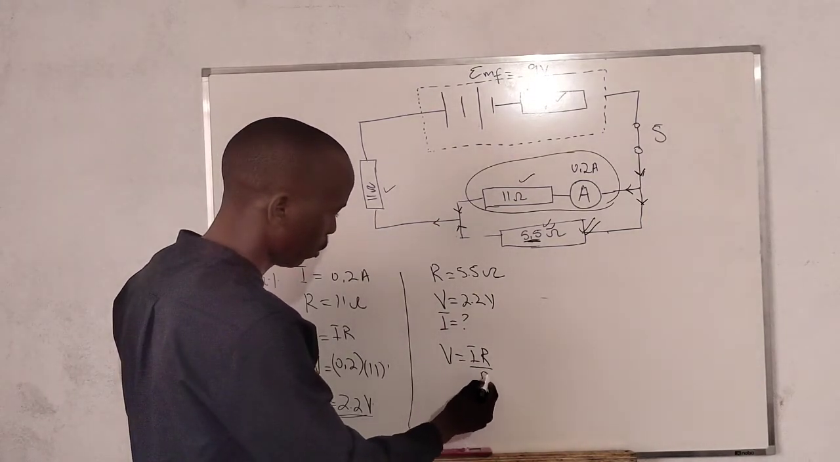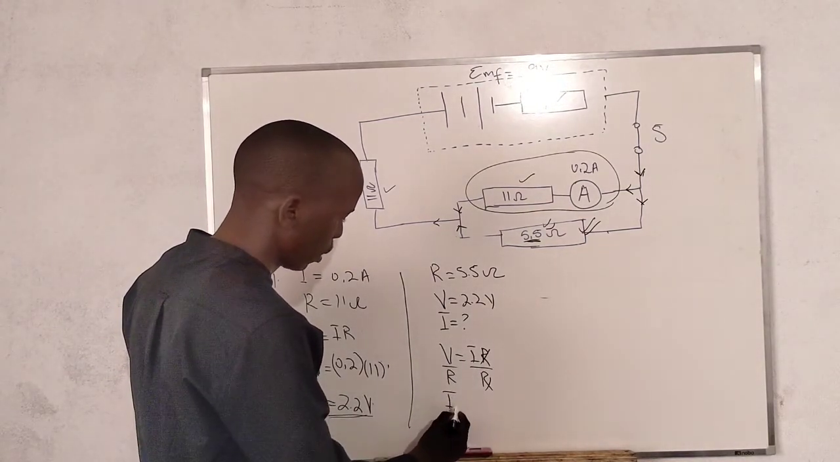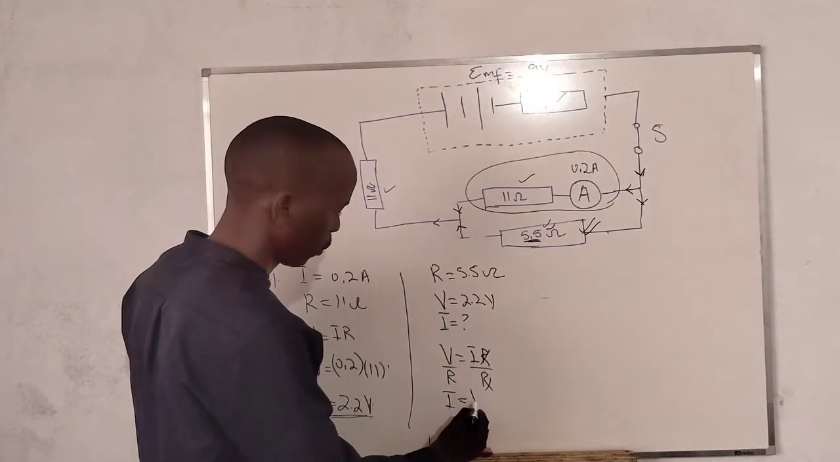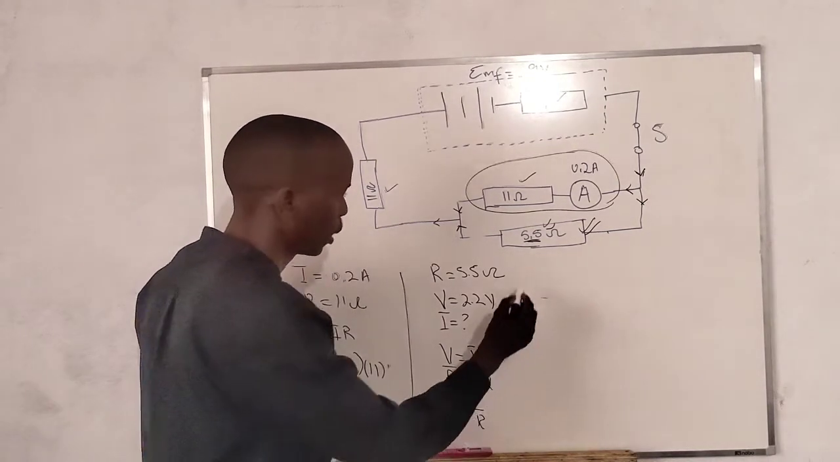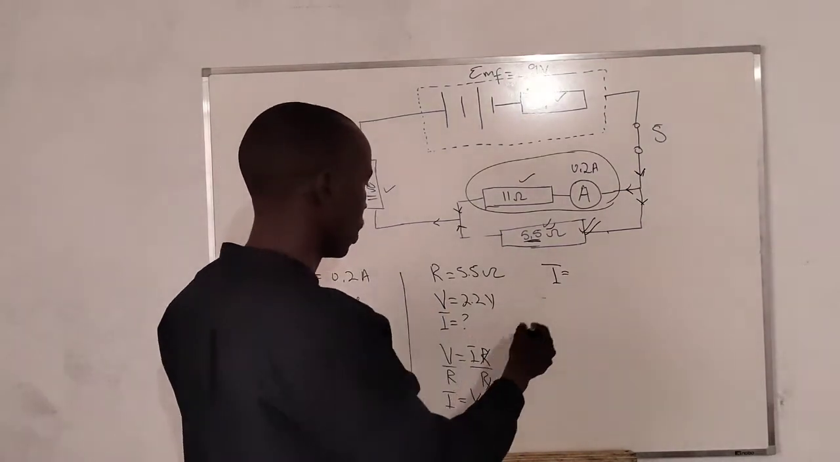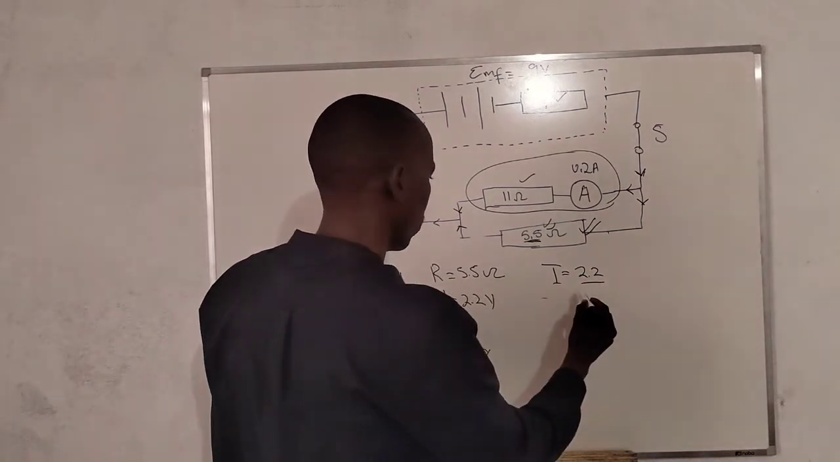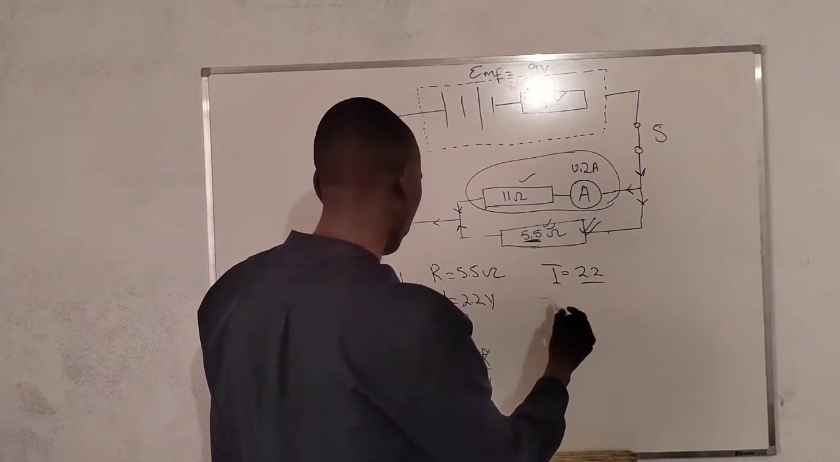We're going to have R divided by R divided by R. And then we have I is equal to V over R. Let us continue. Now the current is given by, we're just proceeding with this question. Voltage is 2.2 over what? The voltage is 2.2 over